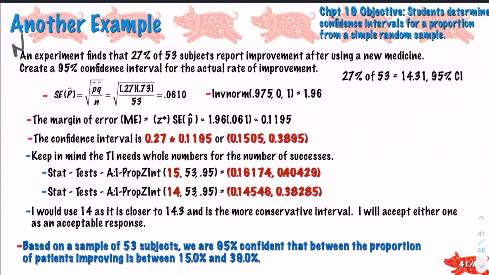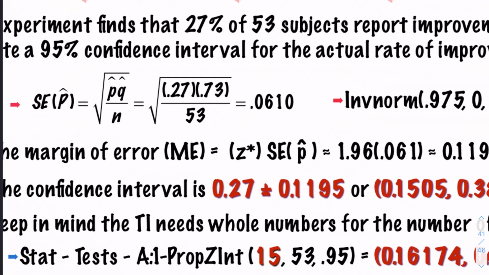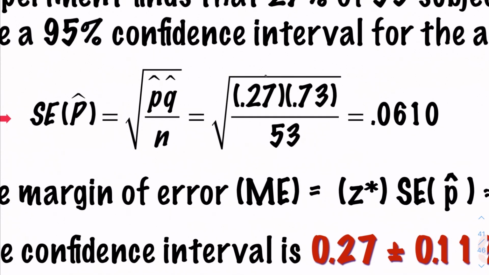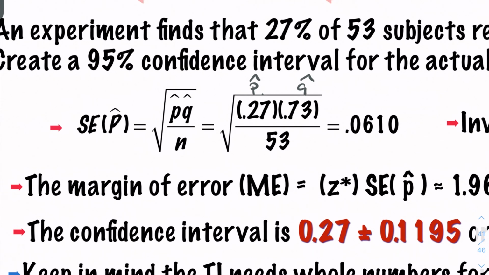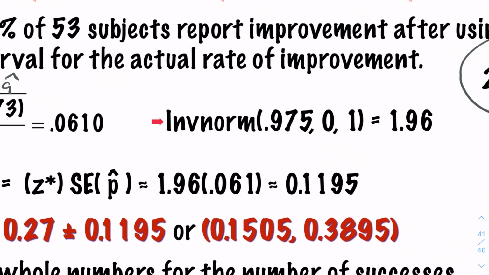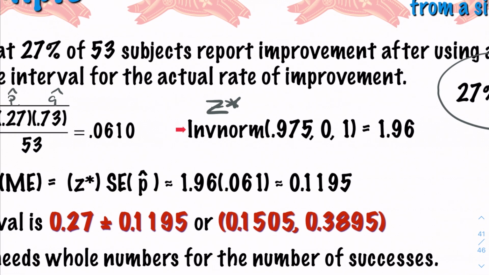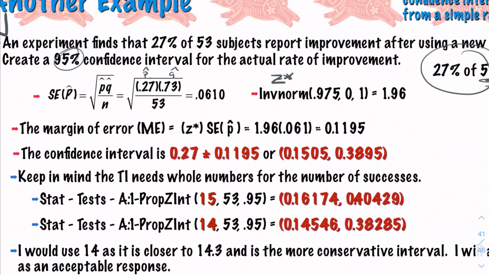Now, N, an experiment finds, so that's our prompt. So we should then, knowing that 27% of 53 is 14.31, we need our standard error. So that's the square root of 0.27 p hat q hat over n, which is 0.0610. Again, we're at 95% confidence interval, so this will help us find our critical value, which is 1.96. Great. So our margin of error is our critical value times our standard error for our sample proportion, 1.96 times 0.061, which gives us this value,